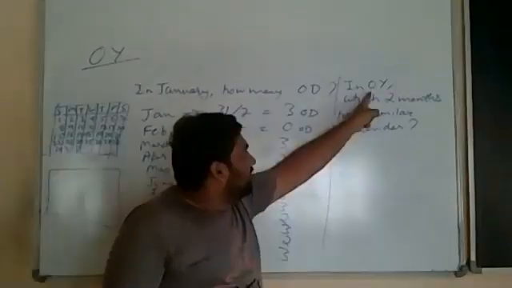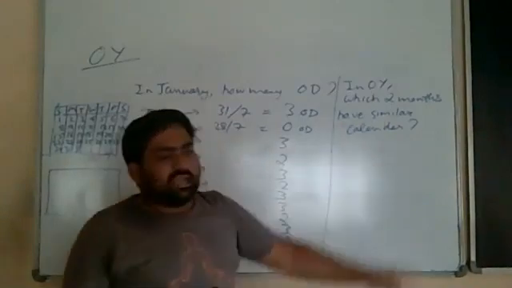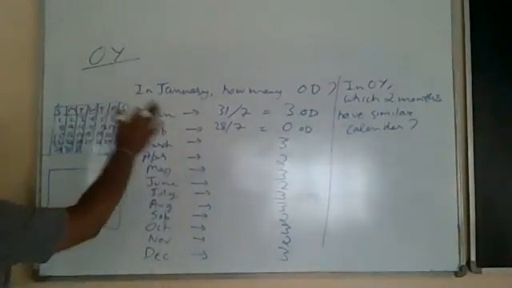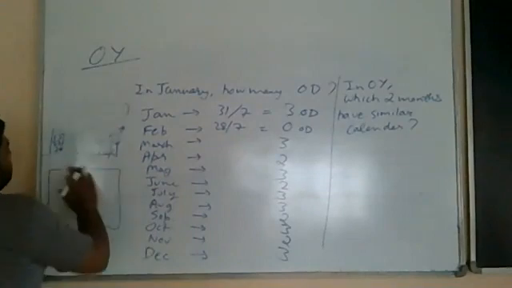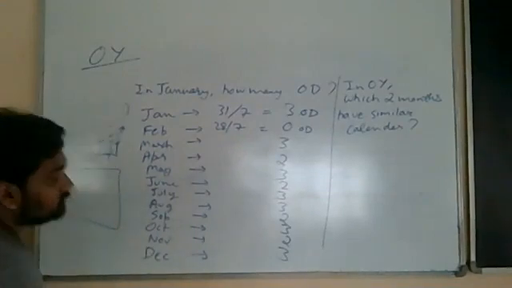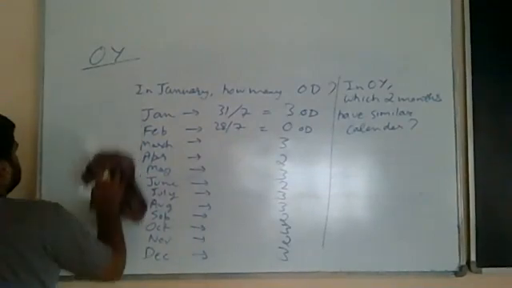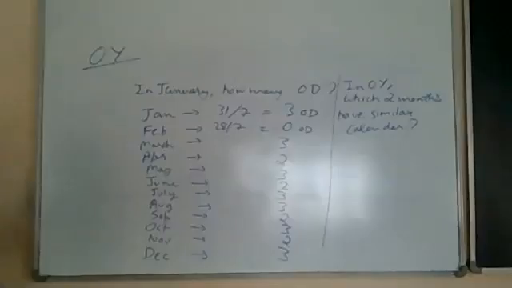Yes, sir. Which are those 2 months in an ordinary year which will have a similar calendar? This is my question. Just name which are those 2 months. July and August. October, sir. October and January, I guess. I remember that you told, sir.